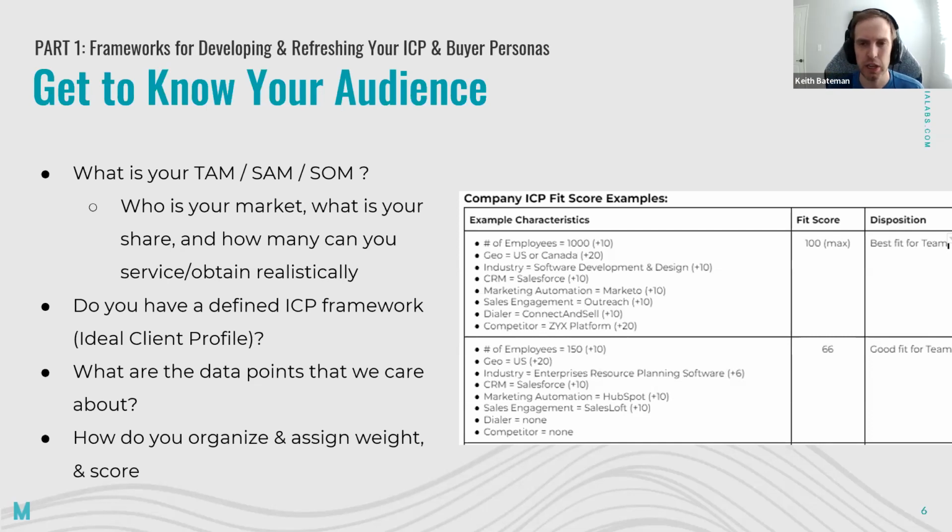So if you're a US-based company and only have US-based customers, or you only work within North America, what are those restrictions on your business today that you can actually go out and reach within your audience scope? And then lastly, what is your serviceable obtainable market, your SOM? This is the portion of the SAM that you can realistically capture today based on your budgets, your sales team, your marketing scope, and the tools and platforms you have in place today. So knowing your SOM is important because that is who we're actually going to try to capture today with our marketing programs.